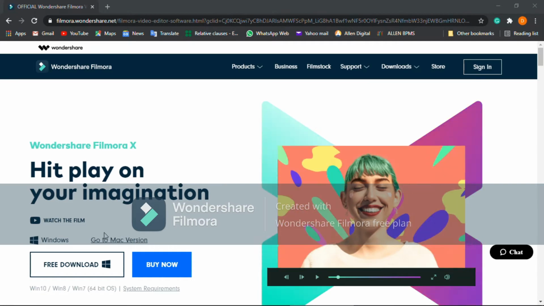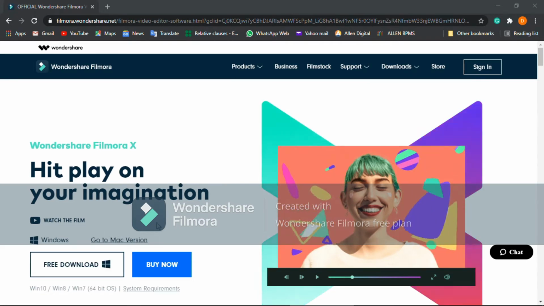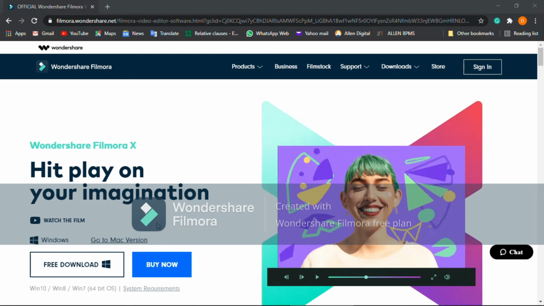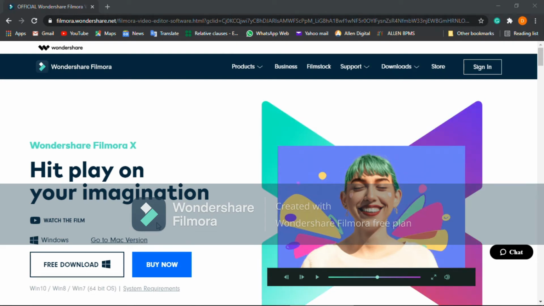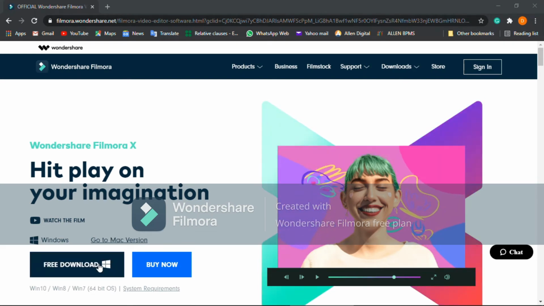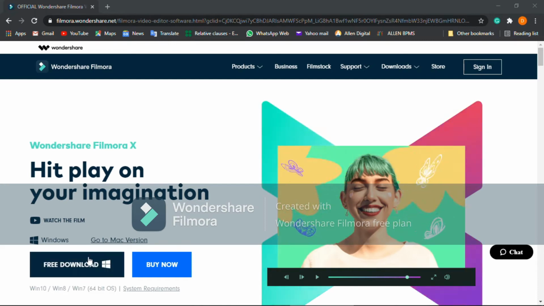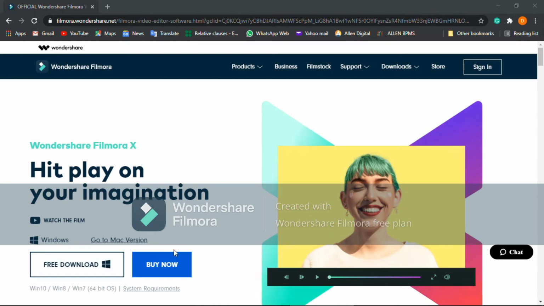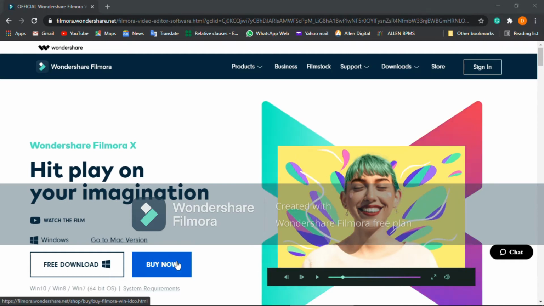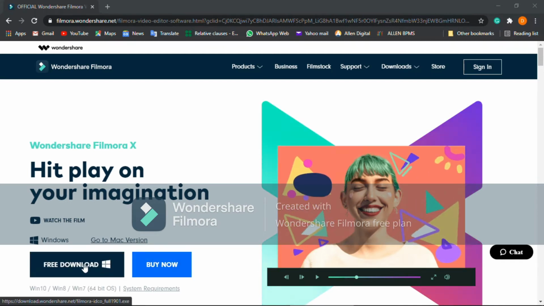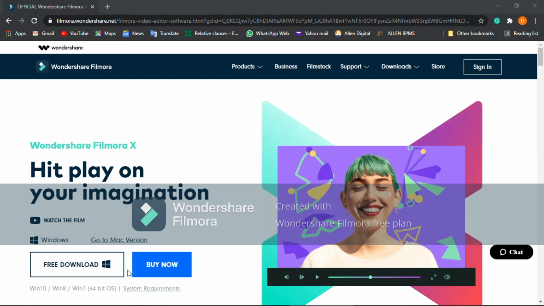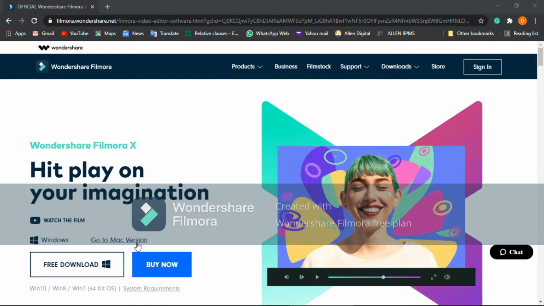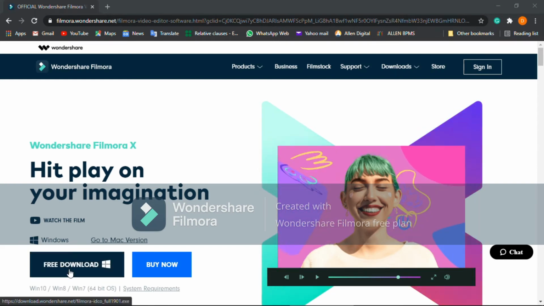Then second is go to Mac version, which means that if you want to download the software for Mac, you can click here. Third one is free download for Windows, and fourth is buy now. So for buy now you need to pay and buy it, and free download is free for Windows and also for Mac. So I will show for Windows.